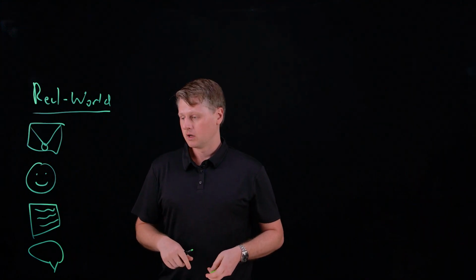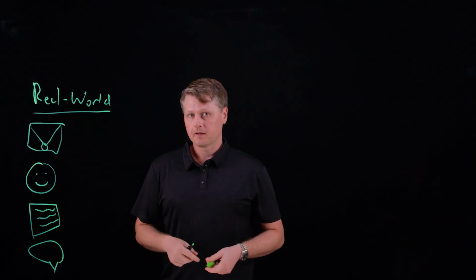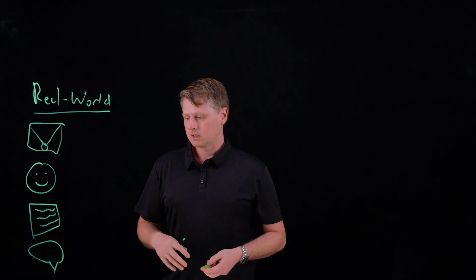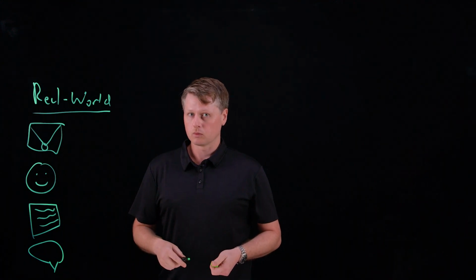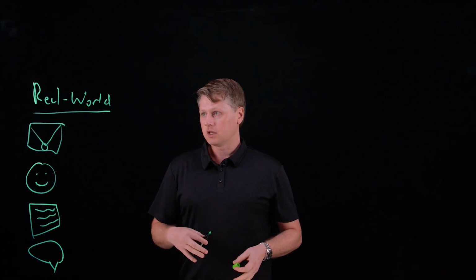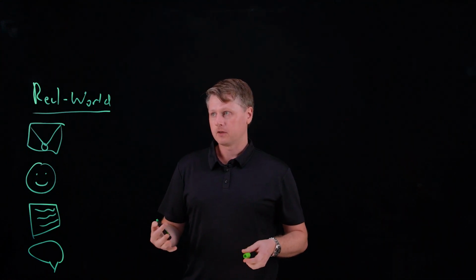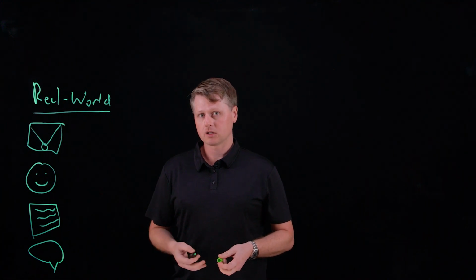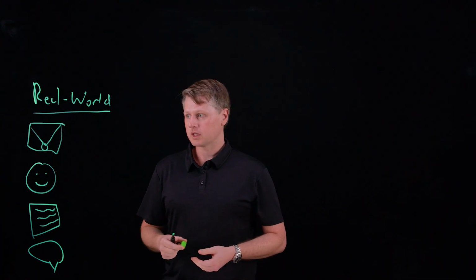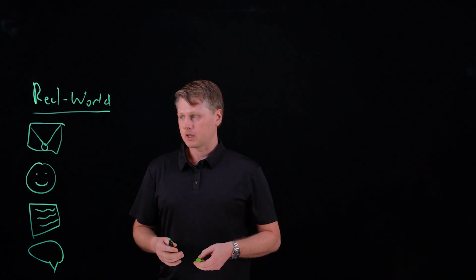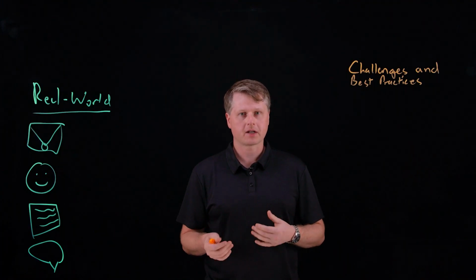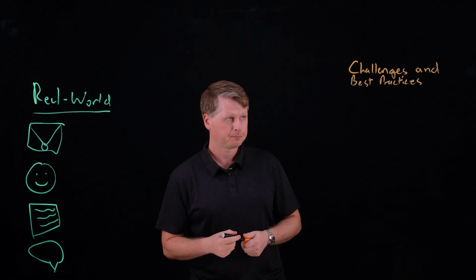rectify the situation. Whereas on the flip side of that, if a customer is happy with the product and just wants to send out a thank you, you don't need to prioritize that as immediately as you would with something a little more negative. So these are the four, I feel, real-world major categories of text classification. Obviously, there's a lot out there that you can do with this, and the applications are almost limitless. So challenges and best practices when it comes to classifying text.